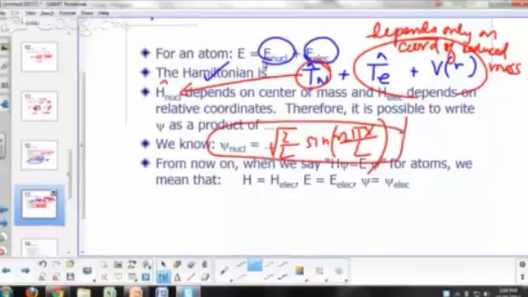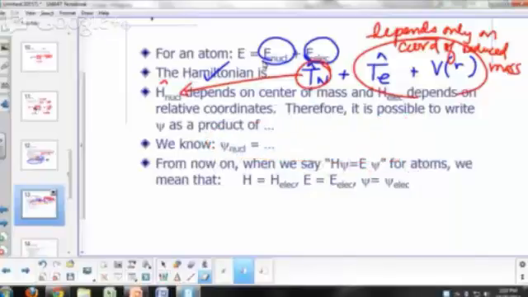So our focus when we start looking at the Schrodinger equation as applied to atoms is when we solve it, we're really just going to be interested in the wave functions for the electrons. And those wave functions for the electrons, you've encountered them in your freshman chemistry, you call them atomic orbitals. Those atomic orbitals are really nothing more than the electronic wave function for your atom. Right? So from now on, when we talk about atoms,